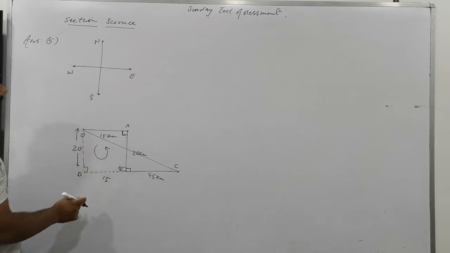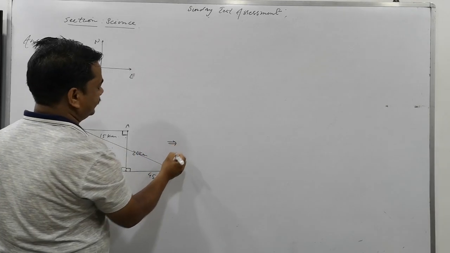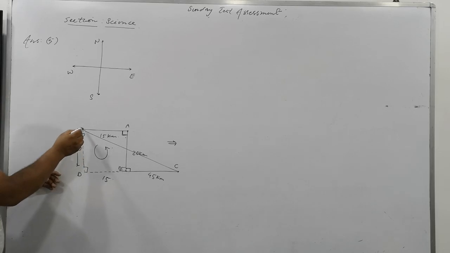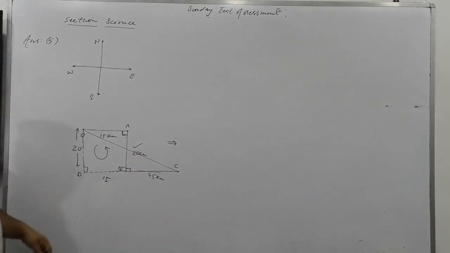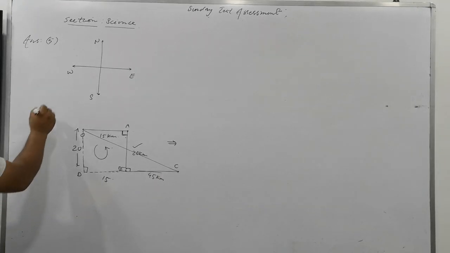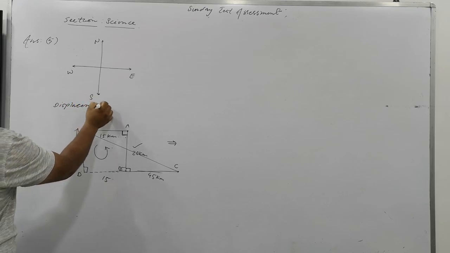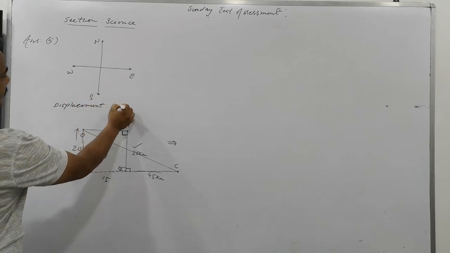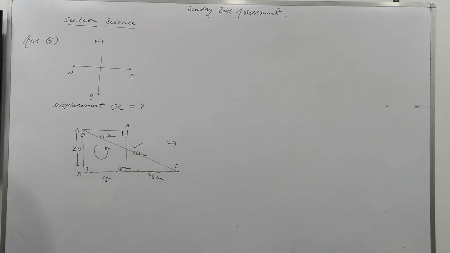Yes, sir. Now you have such a type of triangle. You may see this triangle. This side you know here, and this base you know here. You just have to know what here. So simply it is the displacement. What is the displacement here? To see the picture, displacement is O to C. O to C is the displacement. You see, O to C I have to find out here. Now do further, what will you do?